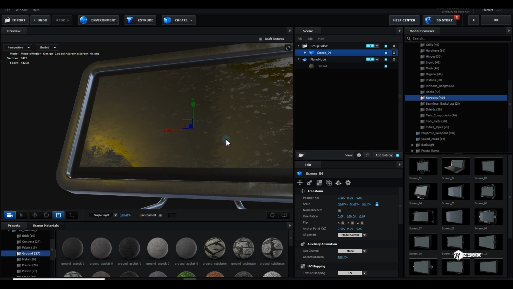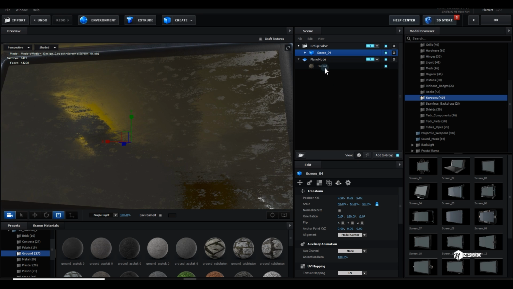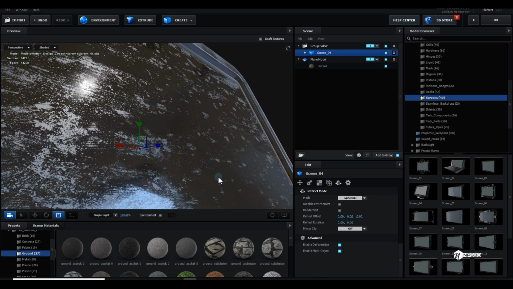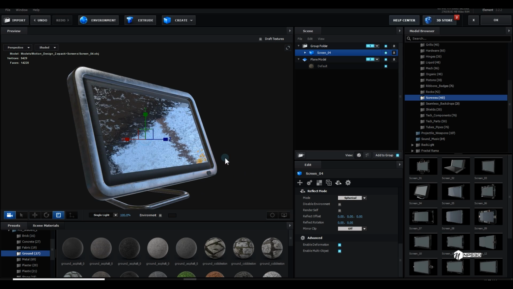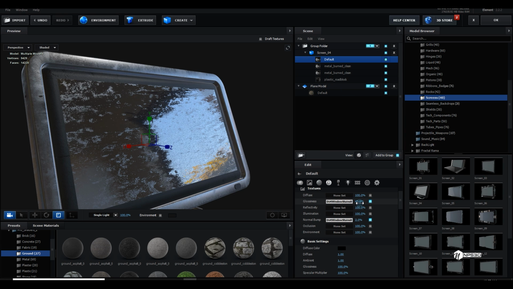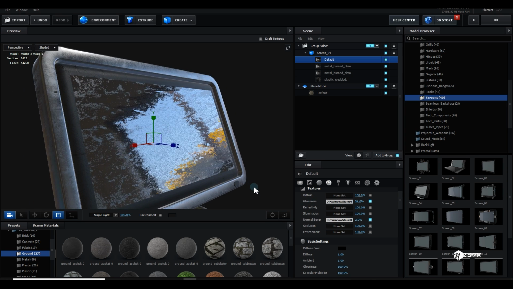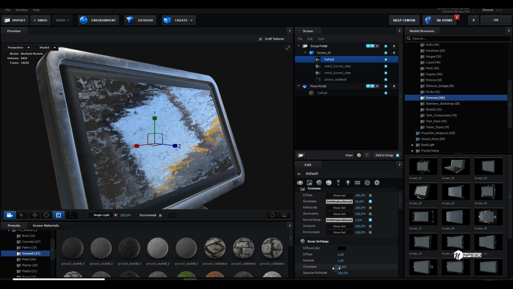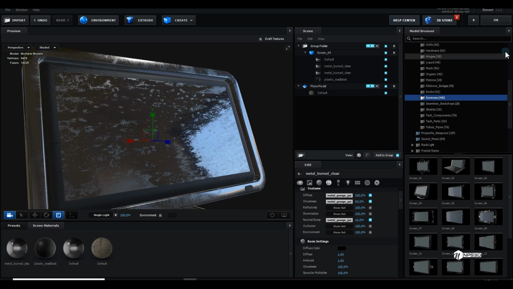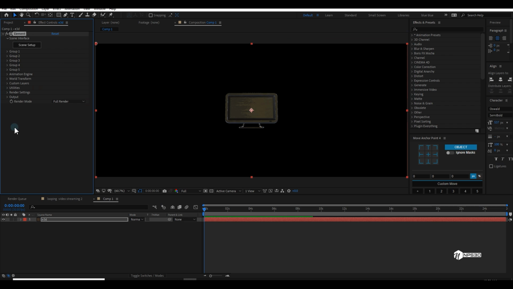If I go to the screen folder, I can also select it and make it a mirror surface so I can see this. If you want to adjust anything about the material, you can go to, I think, this one, and you can just play with the values to check it. I'll just bring the glossiness down a little bit this way, which looks very cool. Hit OK, and then I can load a texture which I already created.